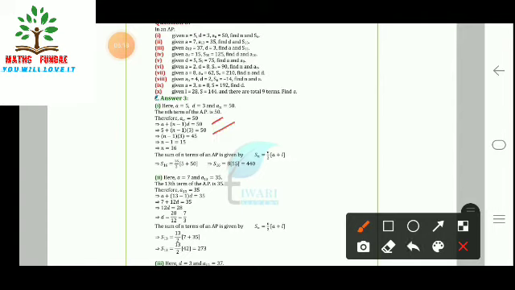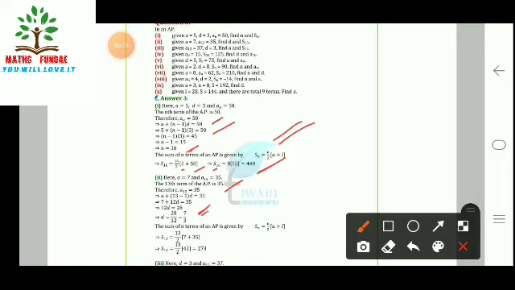The answer is 440. Then the second part we can see here, a is equal to 7, a13 is equal to 35. So the 13th term is given to us. So again using the same formula, that is an is equal to a plus (n minus 1) into d. So we have a13 is equal to 35, that is a plus (13 minus 1) into d is equal to 35. So 7 plus 12d is equal to 35. So 12d is equal to 28, or d is equal to 7 upon 3.